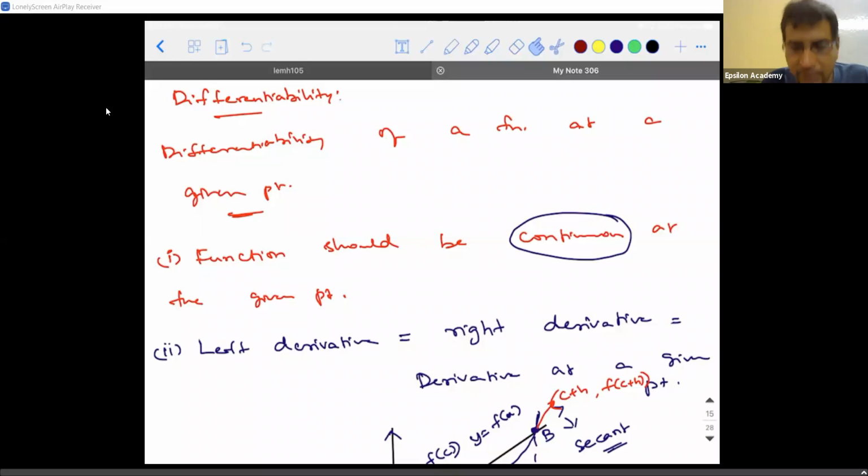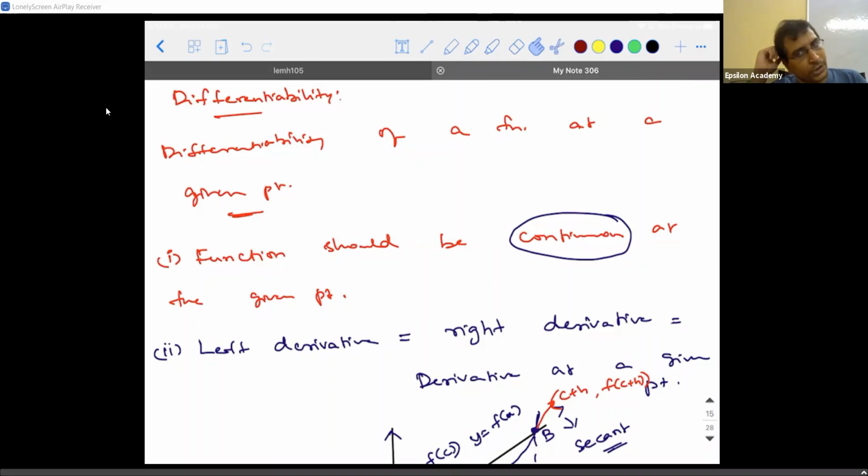According to your textbook, if a function is a real valued function and c is a point in the domain, limit x tends to c, f of x should be equal to f of c. So that is when you say a function is continuous. Then we saw the algebraic operations between different continuous functions. I think we have solved the first exercise, right? The next part that we saw is differentiability.